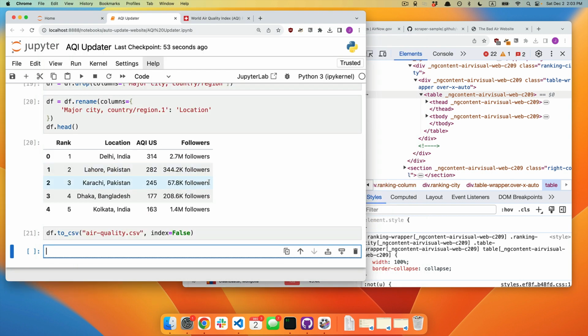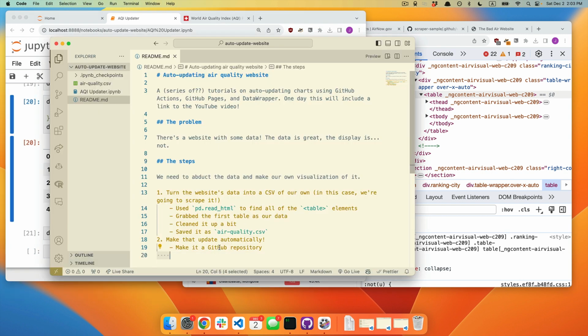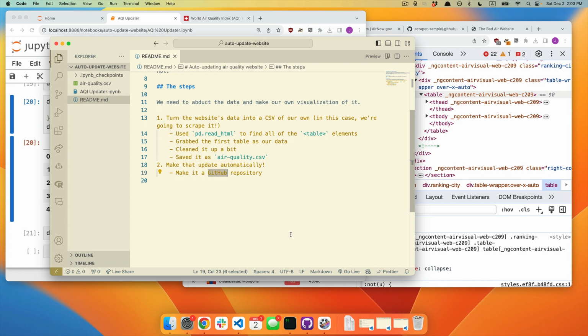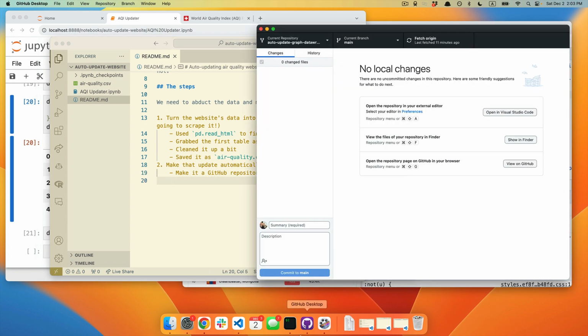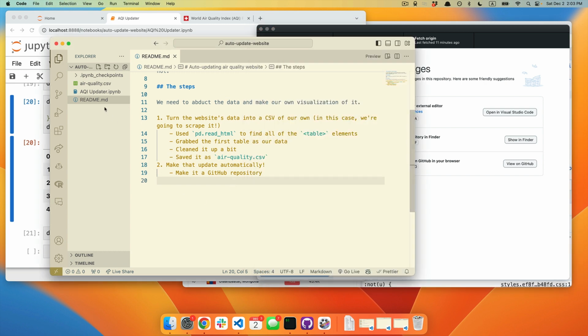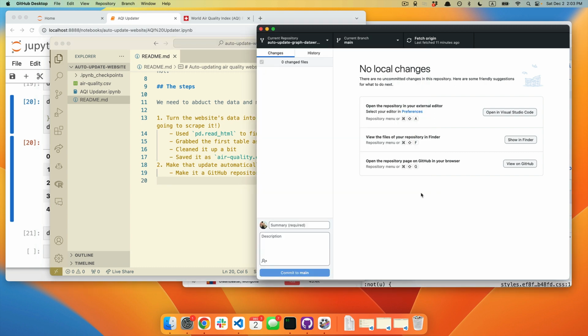Not so hard. Now, if you are someone who knows how to use Git, and you use Git on the command line, you are going to laugh out loud as the next step when I open GitHub Desktop. So I think GitHub Desktop is great because it's harder to screw things up than it is when you're using command line Git. So it's what I like to teach. So what we're going to do is, in order to get our data up on the internet and get our script up on the internet, we are going to say File, Add Local Repository,